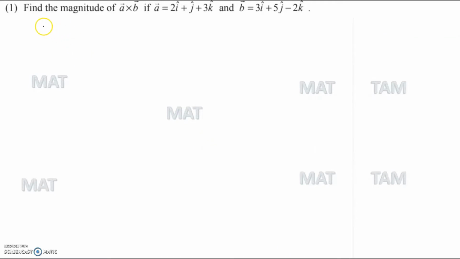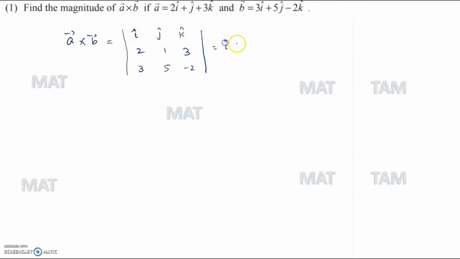Question number 1. Find the magnitude of vector A, vector product with B. It can also be called the cross product, if vector A is defined by this and vector B is this. We know by formula the vector A, vector product with vector B, is equal to the determinant i cap, j cap, k cap, and A1, A2, A3 will be 2, 1 and 3, and B1, B2, B3 will be 3, 5 and minus 2. Solving this,